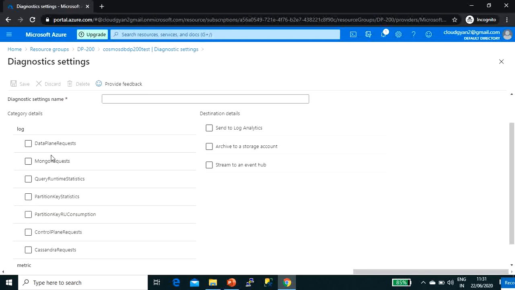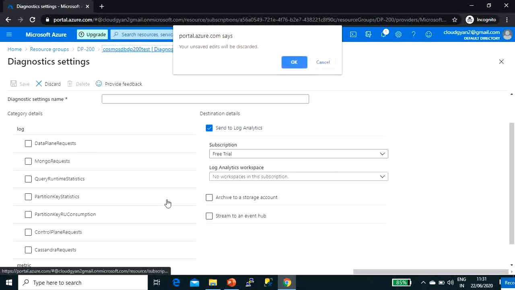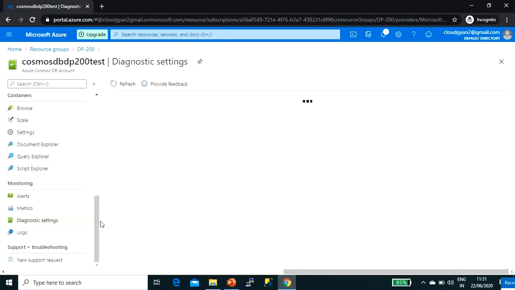If you want the data plane requests and all these logs, whether you want to stream them to an event hub, archive them to a storage account, or send them to Log Analytics. Generally we send them to Log Analytics, where we can query and do some kind of activity on the logs to check what is happening with our database. So this was another important aspect, the diagnostic setting.